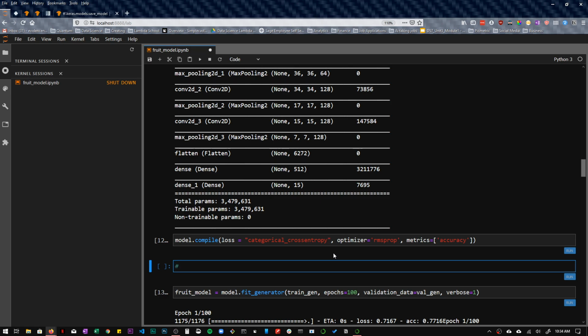First, implement a callback function so that whenever the validation data reaches 98% accuracy, the training will be terminated.